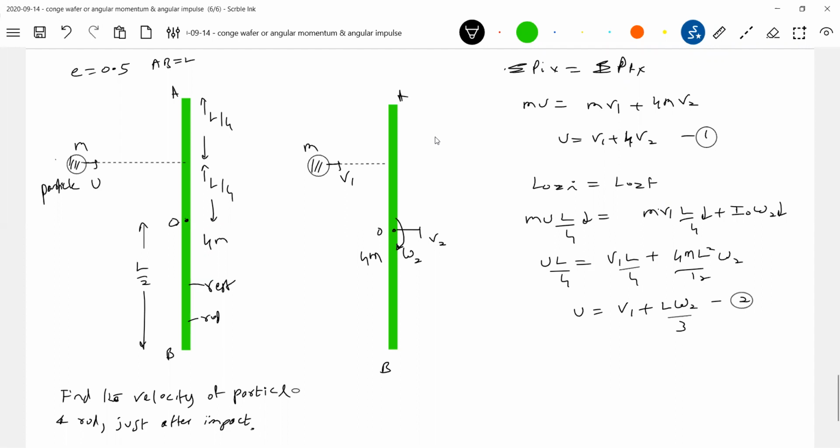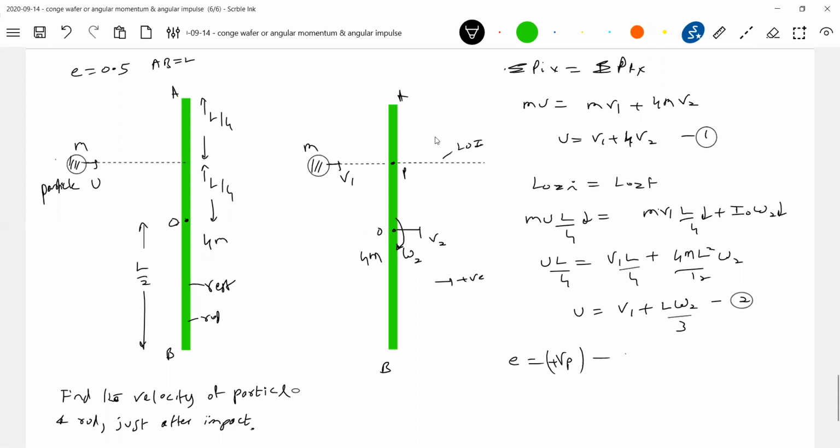Equation 2. How many unknowns are there? v1, v2, omega. We need one more equation. Can we apply conservation of kinetic energy? No, it is an inelastic collision. So what I'll do, I'll go for the line of impact. There is a point P. Anything directed towards the right, let it be positive. Then e is equal to velocity of point P